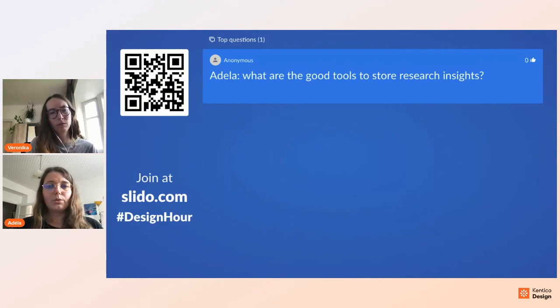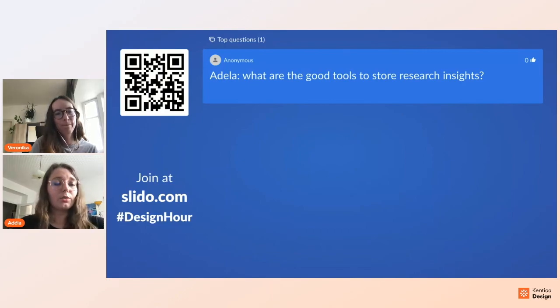And we also store the results on Confluence. And what we started using maybe even a year ago is Kontent, and it's actually a really nice tool to work with qualitative data, and it can help you code the